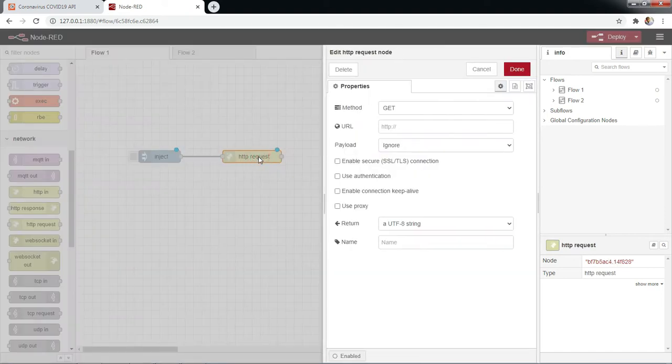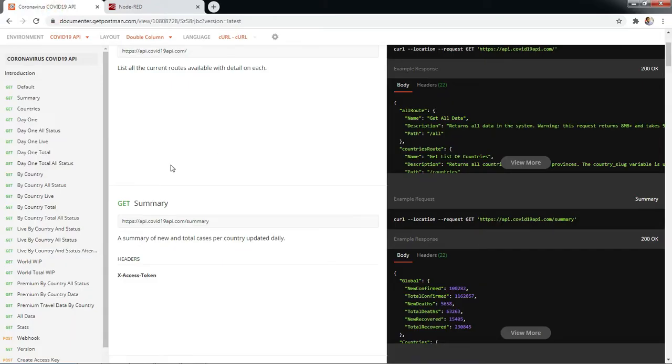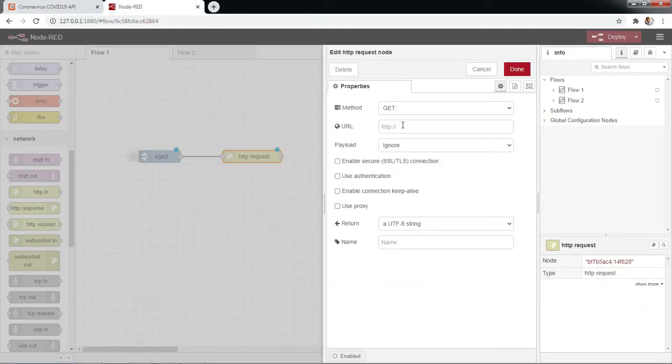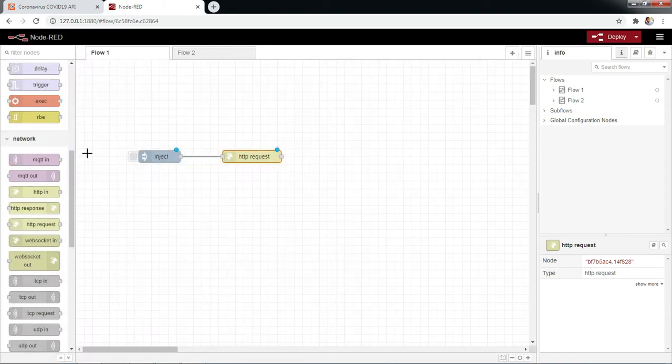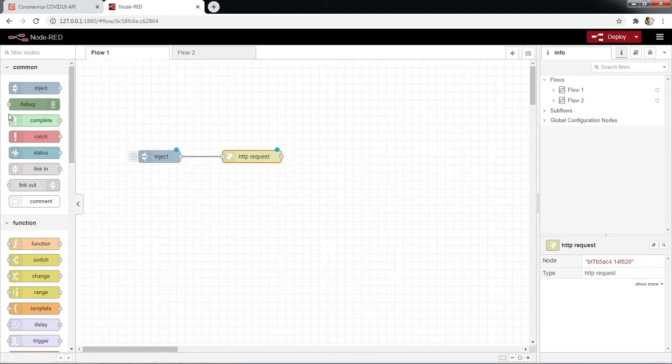Now we will use the get method and the URL will be this. We will copy this URL from here and paste this here. And click on done. Now we will drag and drop the debug node here.